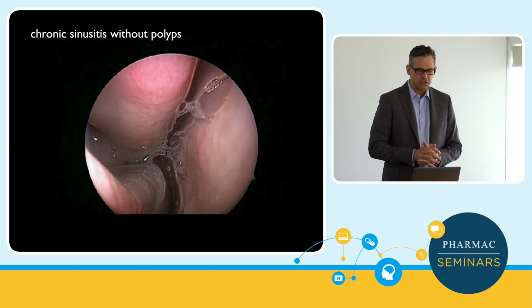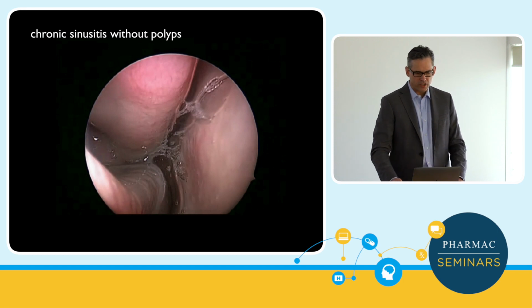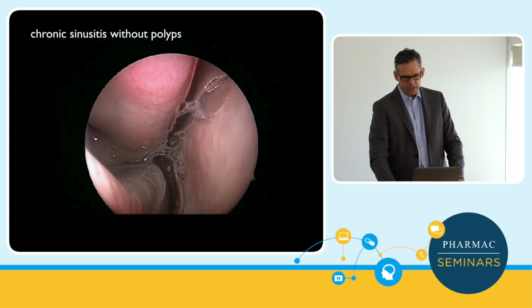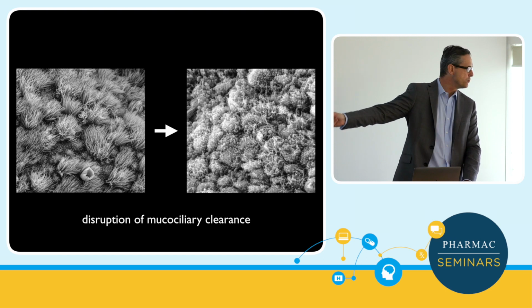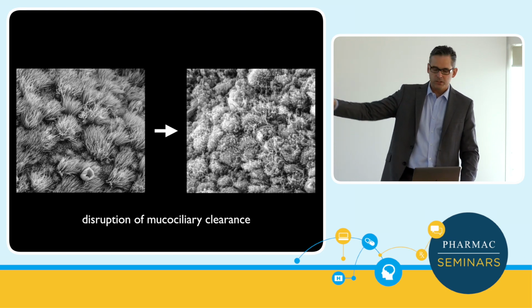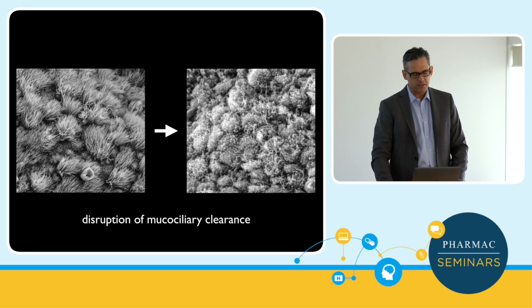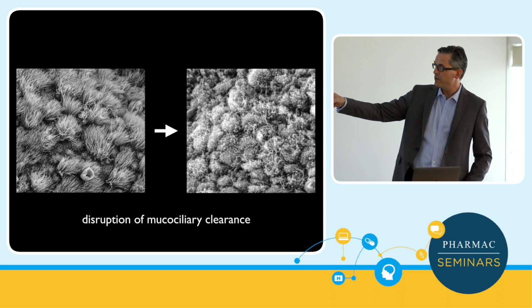What I really wanted to do was focus on chronic sinusitis. Here it is without nasal polyps. That's the mucousy form which doesn't have the polyps. And what fundamentally it is about is disruption of the normal mucosa, which has that nice cilia and mucociliary blanket, and you clear it all and you have normal mucus. This is one of our fellows, Raven Campbell, who I'm sure you remember, she went down to the School of Biomedical Engineering and did these scanning electron microscopy shots of beautiful normal mucosa,